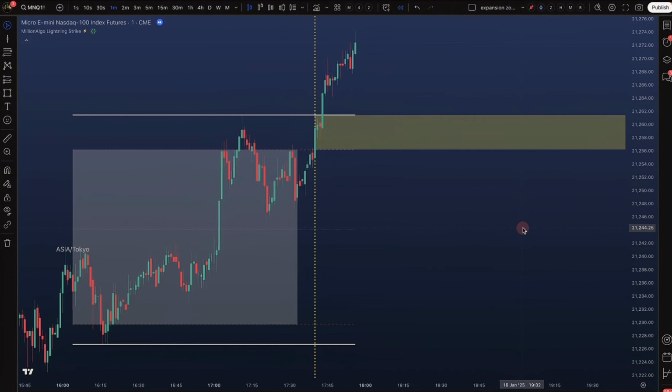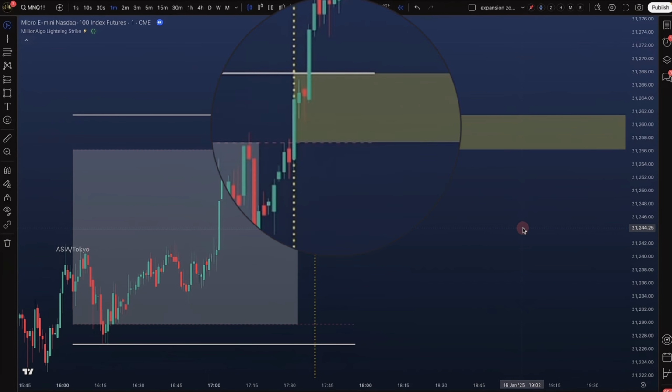A fair value gap is formed when 3 consecutive candles leave an unfilled space in the price action. This gap signals an area of imbalance where buying or selling pressure dominated. Take a closer look here. We have three candles. The body of this one and the wicks of these two have left a gap in between. This gap indicates a price imbalance where buying pressure dominated and no selling pressure was present.